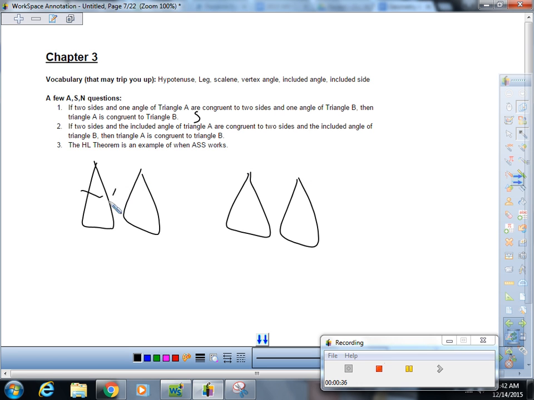We could have that. This would work because you could prove them by SAS, and then you could have another one that wouldn't work. You could have, say, something like that, and that wouldn't work. So that's what sometimes. The second one, if two sides and the included angle of triangle A are congruent to